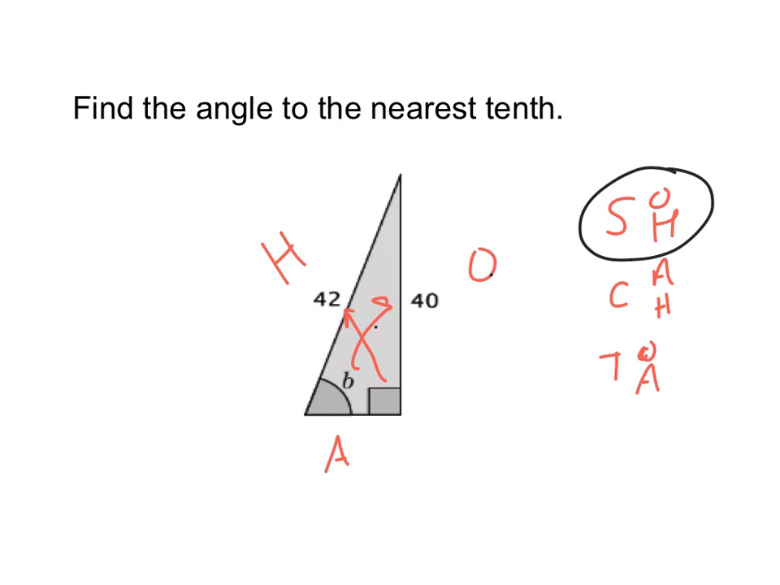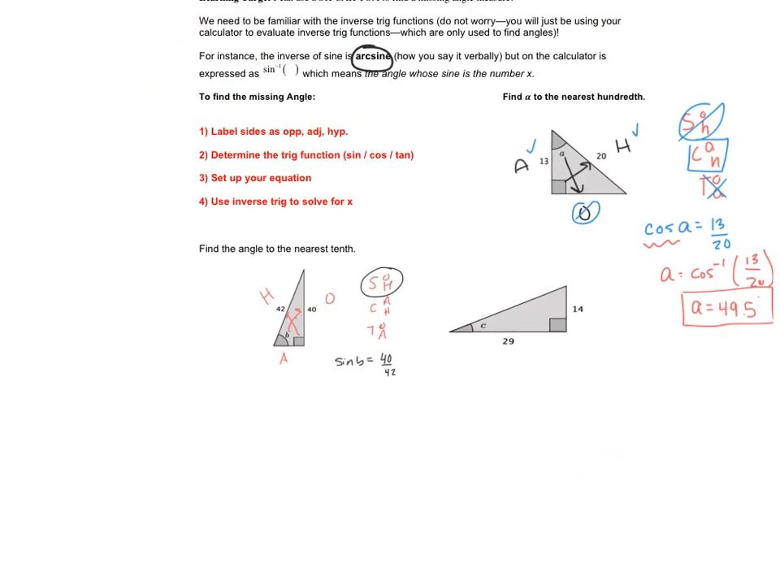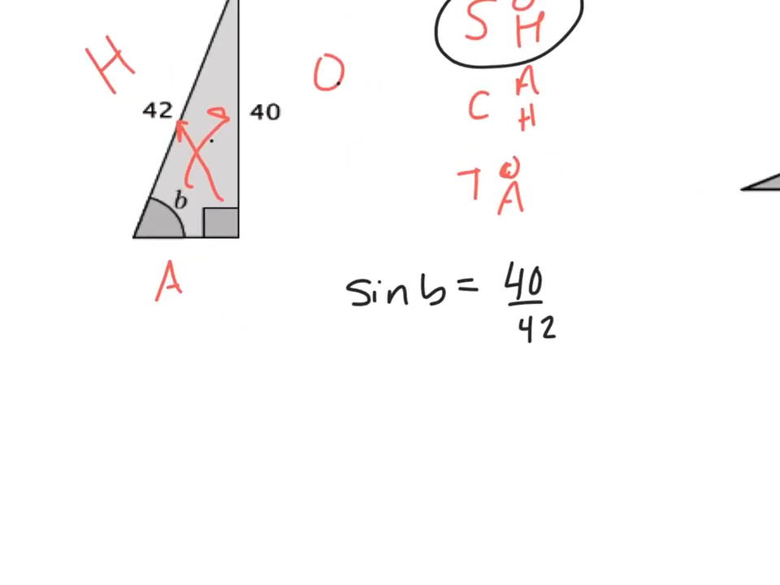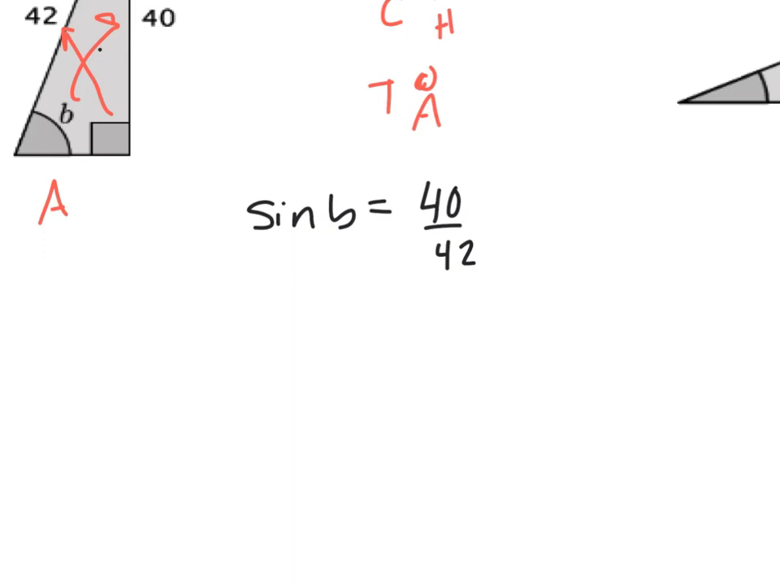Here's my setup. Sine of my angle B equals my opposite, which is 40 over 42. So now that I have the 40 over 42, I need to do my inverse trig. I need to get rid of my sine. And to do this, I take the inverse of both sides. So by doing the inverse of sine,